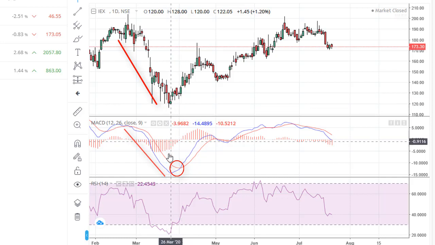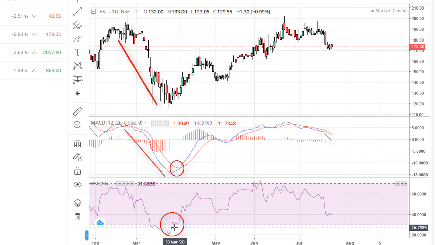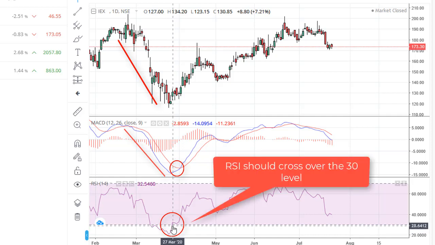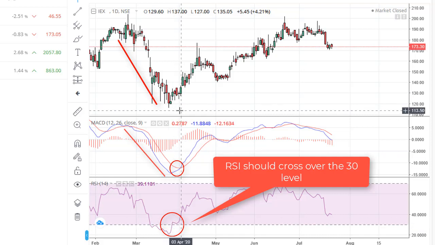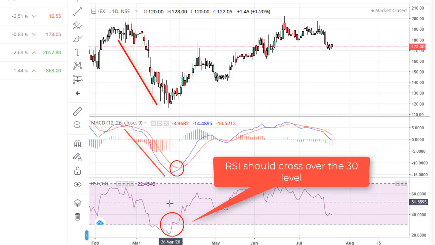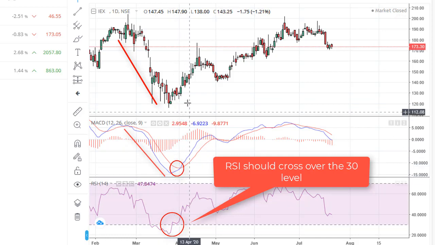Also we need a second confirmation, which is RSI. RSI should tell you this is where people are looking to buy, because the price has already dropped down to that oversold place. So we are looking for where people will buy the stock. This is where I could have entered this trade, and you can see the signal was generated by MACD here, and also the signal generated here from RSI.